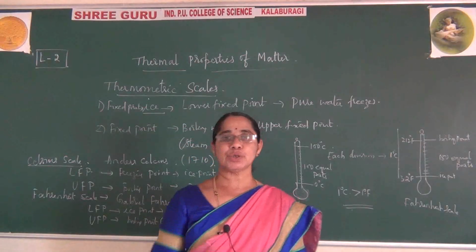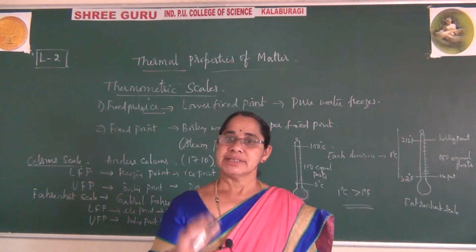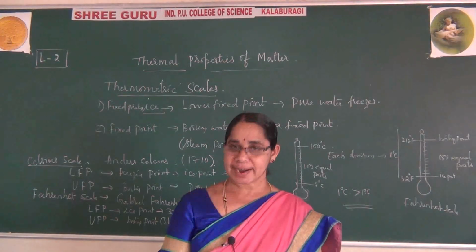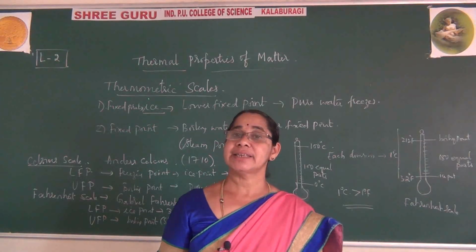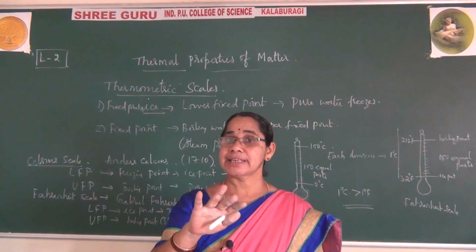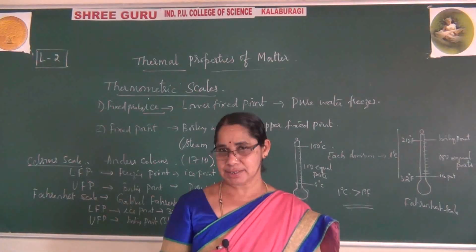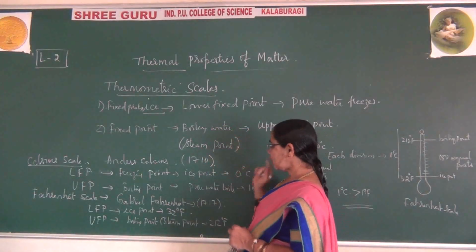Okay. Now you have understood two scales named after two scientists: the Celsius scale, and the Gabriel Fahrenheit scale, which is called the Fahrenheit scale. One more scale we have as per your syllabus is the Kelvin scale. Let me explain this in the next class along with the absolute scale. At present just observe, we have learned only two scales.